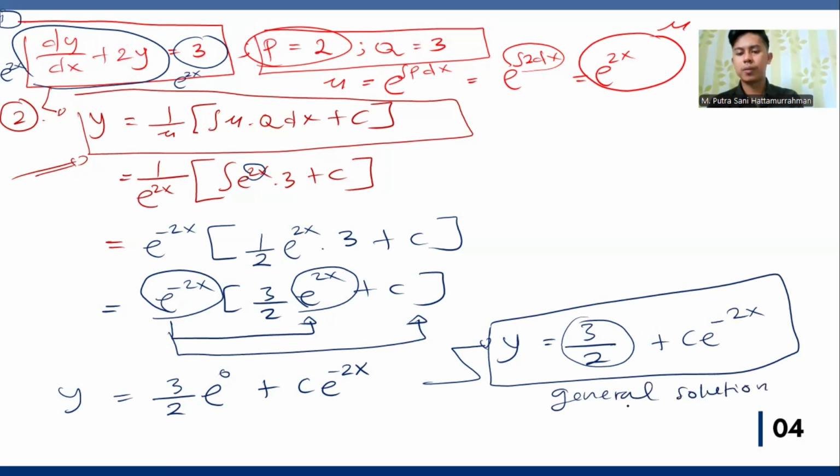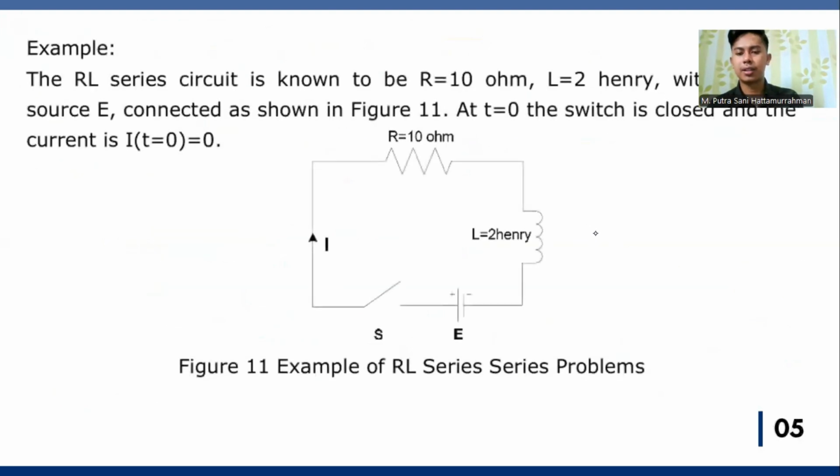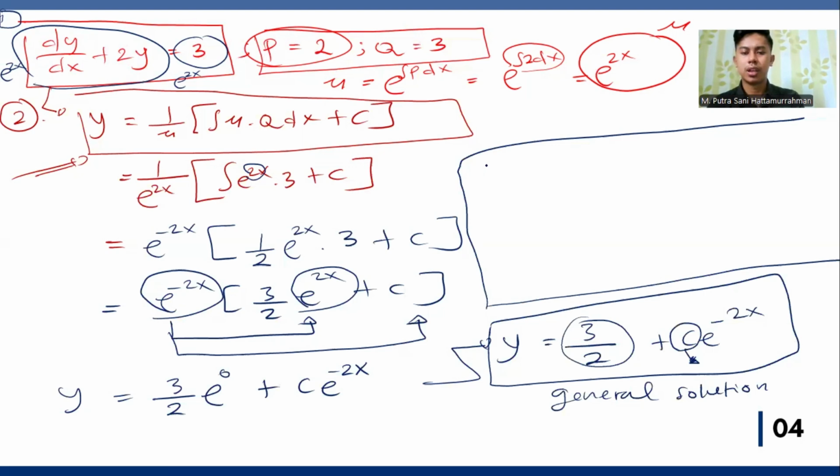I have to inform you, the general solution is identical, where we have c, a constant for the solution. But if we have the initial condition, we can change it to be a partial solution. I mean like this. If we have y0 equal to 0, we can change to be a partial solution. So you have to find c for this, and then we can make the partial solution.